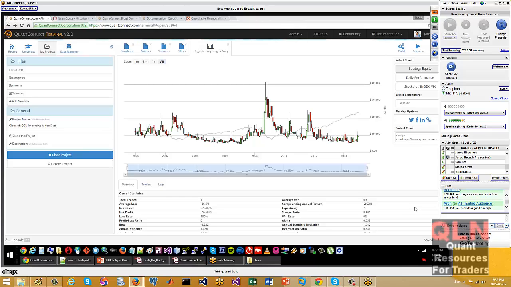Especially because for every one quant, there's 50 or 100 financial people in the financial industry, hedge fund managers, recruiting people. There's a ratio of maybe 50 to 1 or 100 to 1. So all of those people want to do quantitative investing. They're all savvy enough to know what it is, and so there might be an opportunity later to do some sort of copy trading.